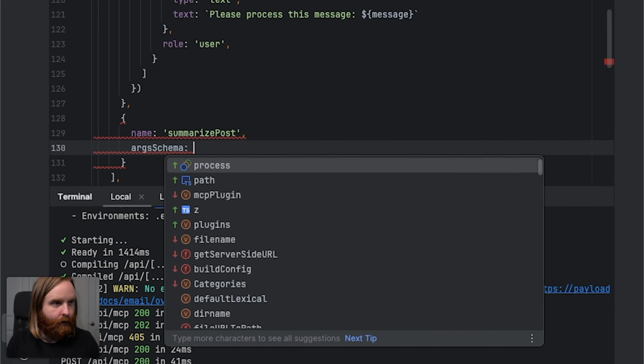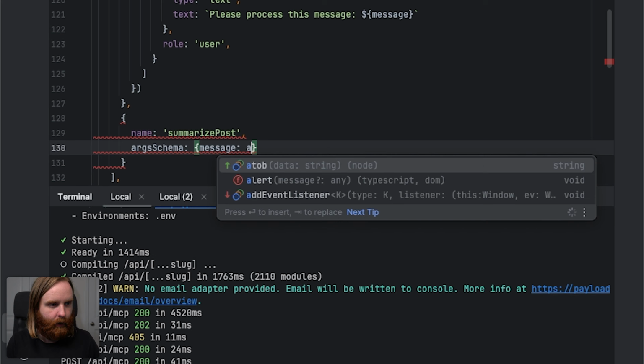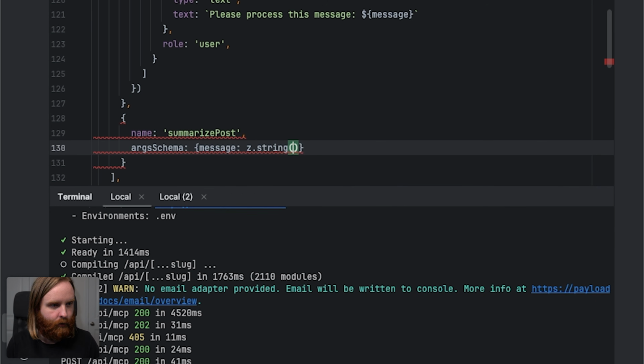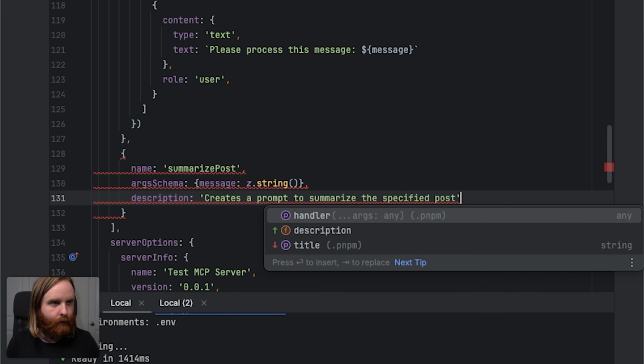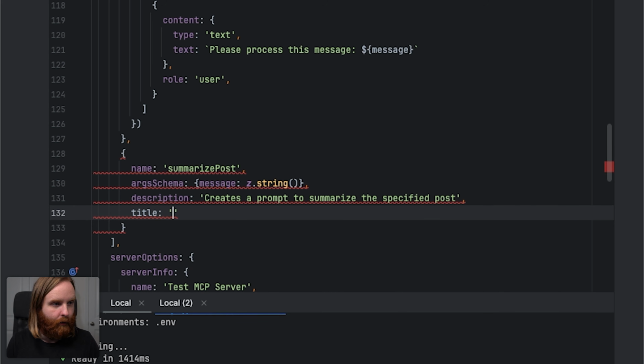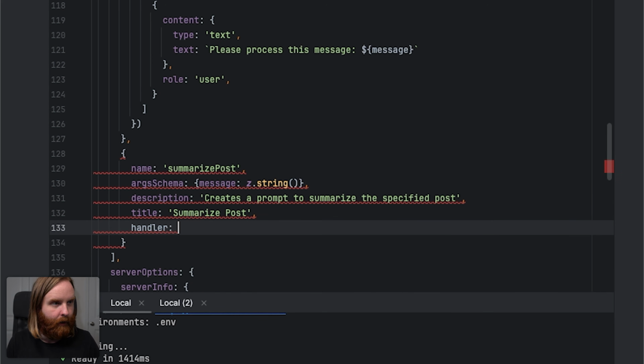We'll have an args schema, which will have a message. Again, that will be a Z string. Then a description, creates a prompt to summarize the specified post. And then we're going to title this summarize post and include a handler, which will take a message,